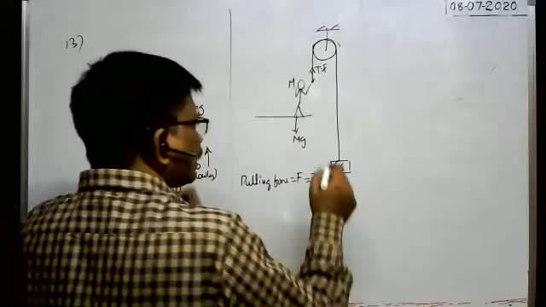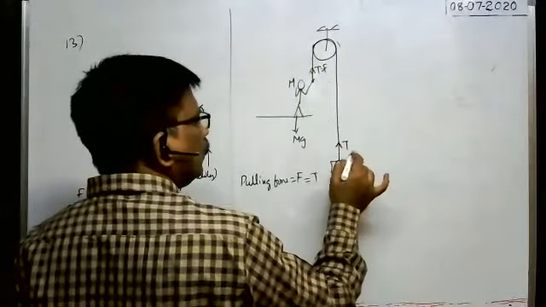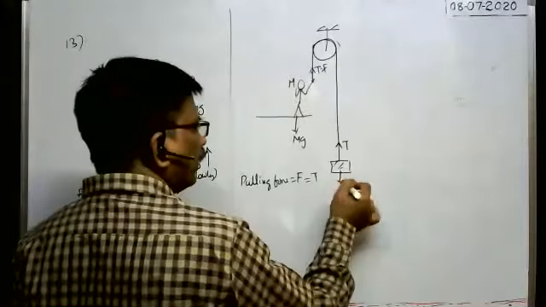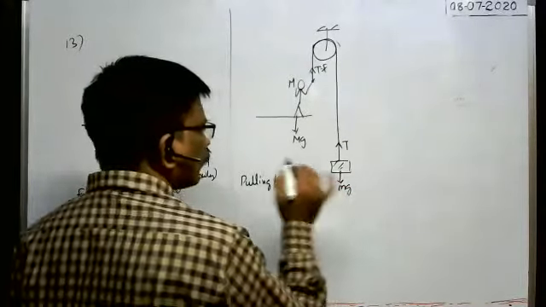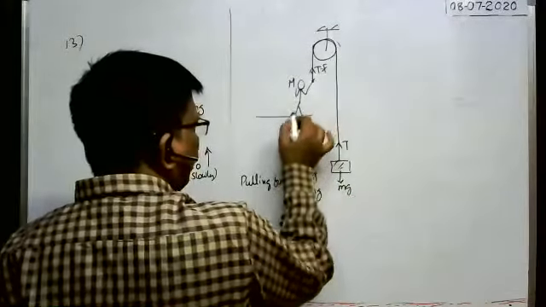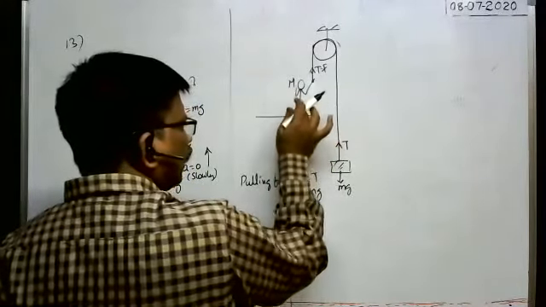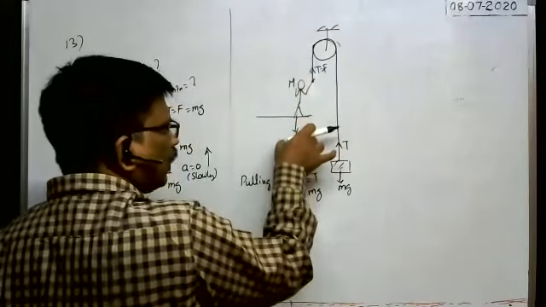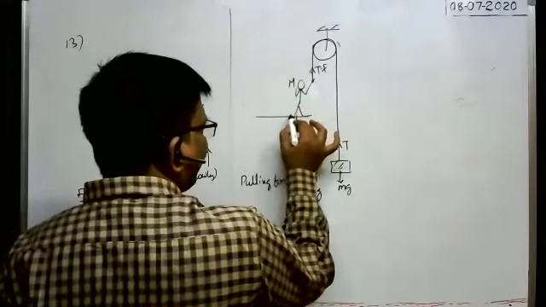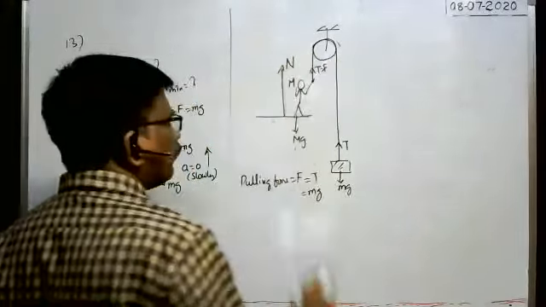Okay. Whenever the tension developed in the rope is T, the same tension acts here also. To lift the block in upward direction, the minimum tension to be developed is equal to the weight mg. That's why T is equal to mg. Now, in this case, what is the normal reaction? Whenever the man stands on the floor of the lift, weight Mg acts downwards, and because of that he does not break the floor and penetrate into the floor. That's why the floor also exerts the reaction force on the man upwards.